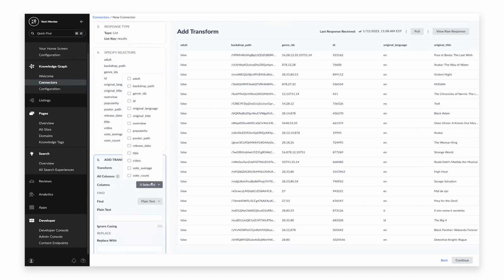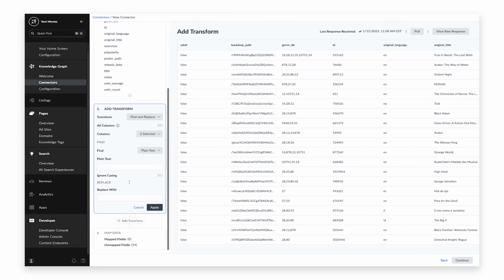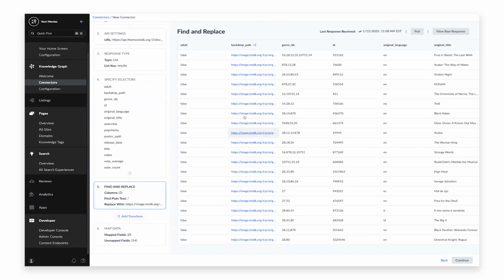So I'm going to select the backdrop path and poster path. And I'm going to replace that slash with a domain. So replace that with this, click apply. You can see that the color of those strings actually changed because now I have actual hyperlinks to images now,